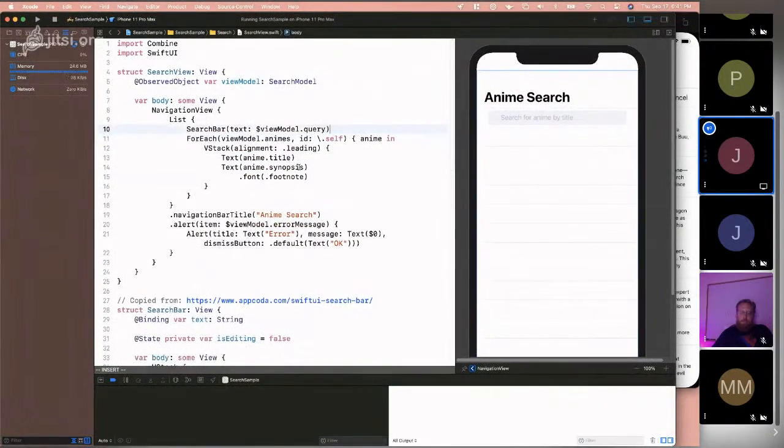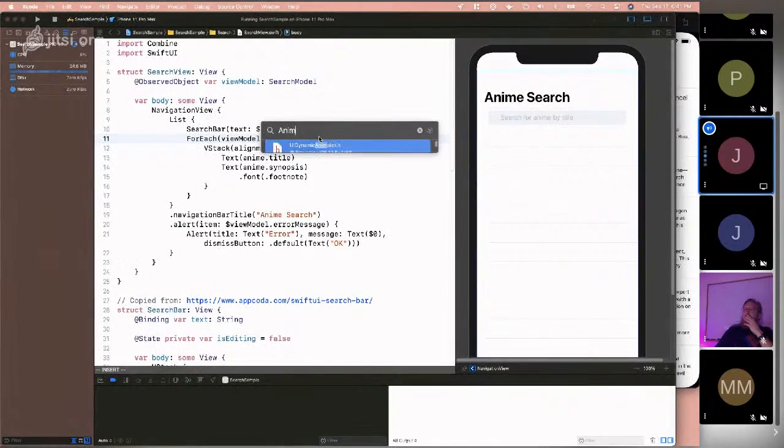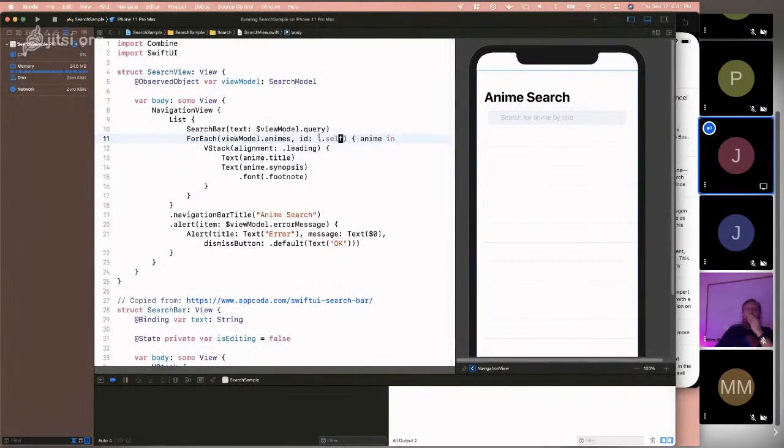One of the things we really want to use the list for is to display dynamic data, arbitrary lists of dynamic data. To do that, we use the ForEach view. So for each, we'll take a list of objects and then some way to identify them. And to ID them, the object just has to implement the Identifiable protocol. So if I look at the anime object,